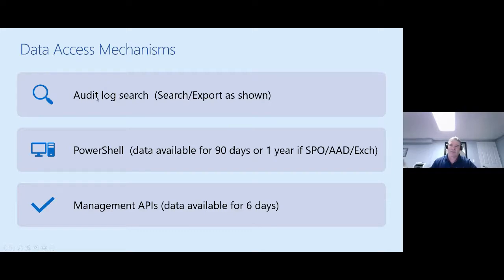So how do we get this? I showed you the audit log. The other way to get it is through PowerShell. If I'm using PowerShell, I can connect to that data, and in the case of Teams, I can go and get up to 90 days' worth of data and pull all that back. Now, one of the things you will discover when you start using PowerShell is that it's awesome for doing one or 2 types of data pulls, but to really programmatically go and iterate through the data, the better way to do that is through the management APIs.